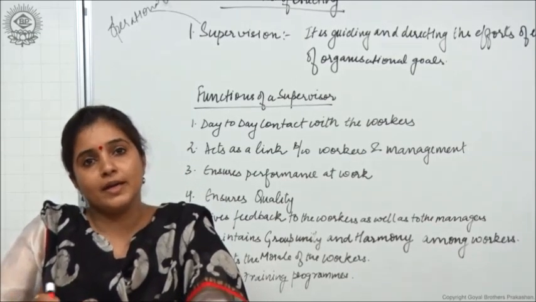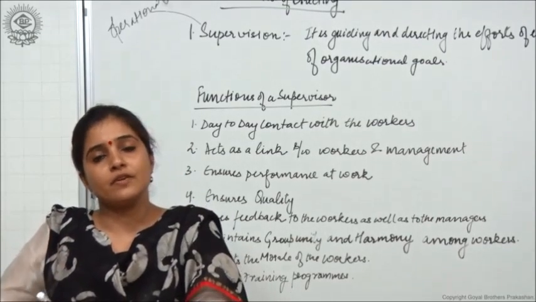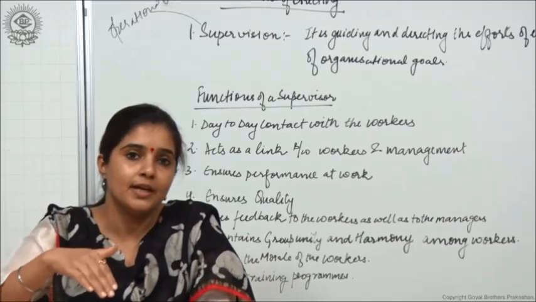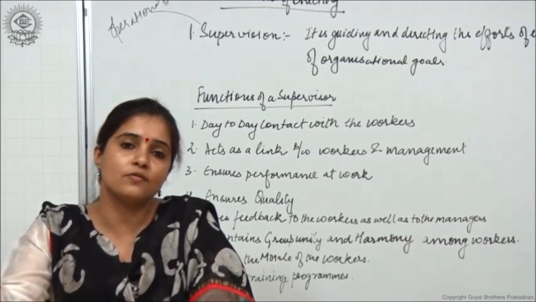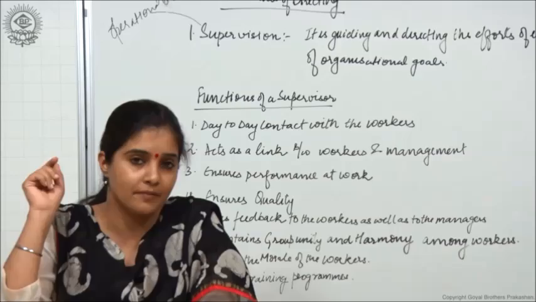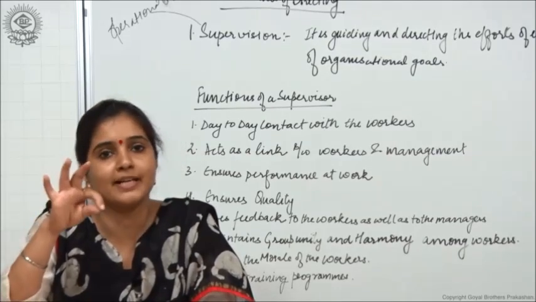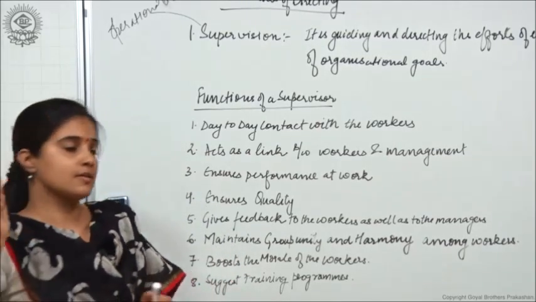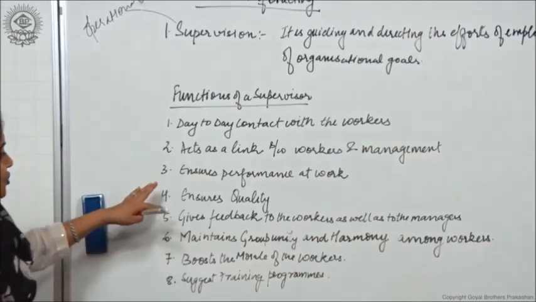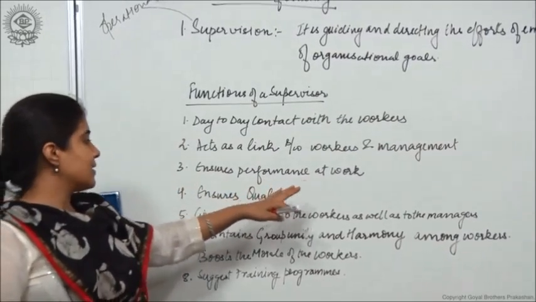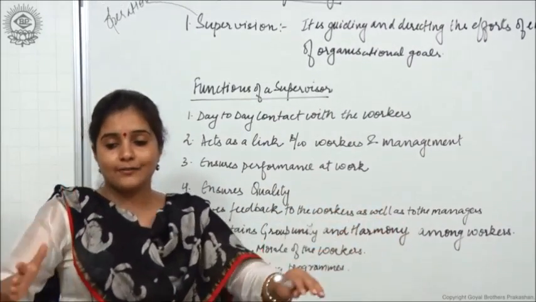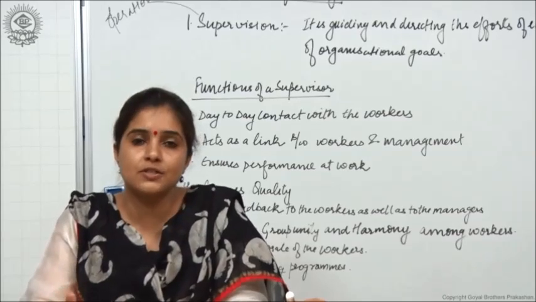And in a similar way, he gives a feedback of the workers' performance back to the management. He also takes up the grievances of all the workers back to the management. So he's a very, very important link between the management and the workers, right? Then he ensures performance at work, right? After he has given instructions to the work